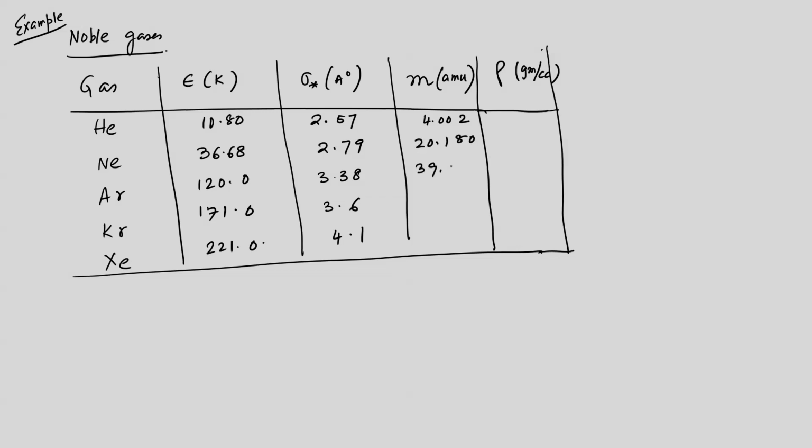And the masses are 4.002, 20.180, 39.948, 83.800 and 131.290. Similarly, for the densities it is equal to 0.179 in gram per cc, 0.901, 1.784, 3.740, 5.897. Okay. So, it is important to see that for the Lennard-Jones potential,